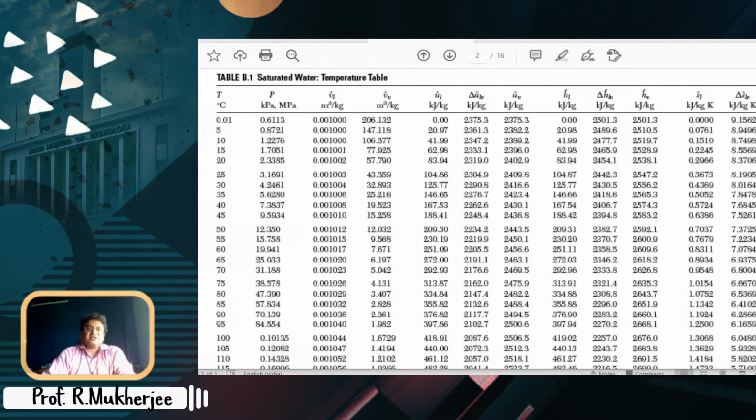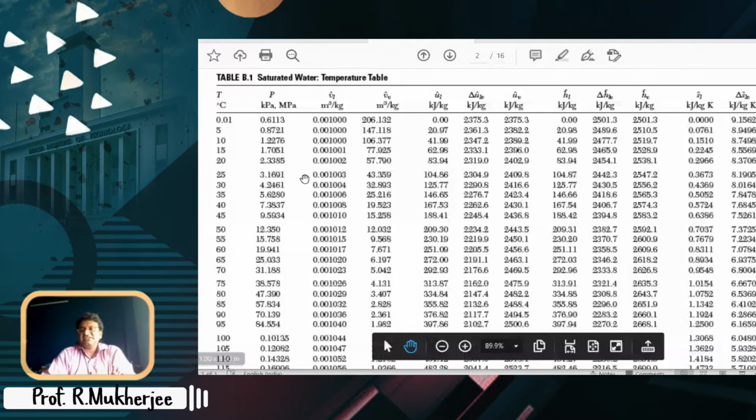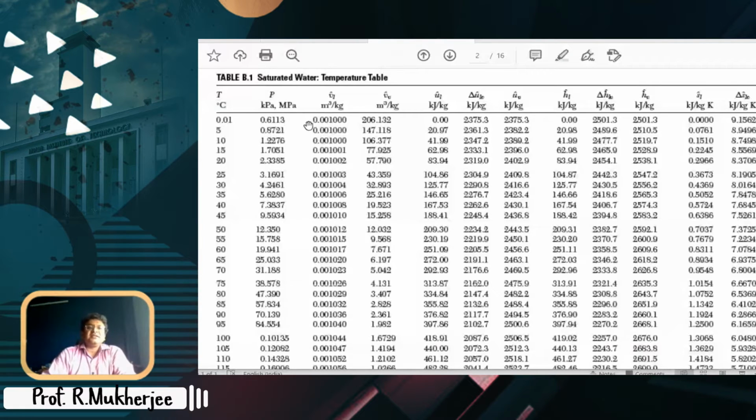I'm asking the class to ask questions to me. So this is what is called the temperature table. So how does it go? The primary axis. So you understand if it's a single component system, essentially you need 2 degrees of freedom to define any point. So first you look at the temperature, then you look at the corresponding pressure, right? And then as a function of that, this is the saturation pressure.